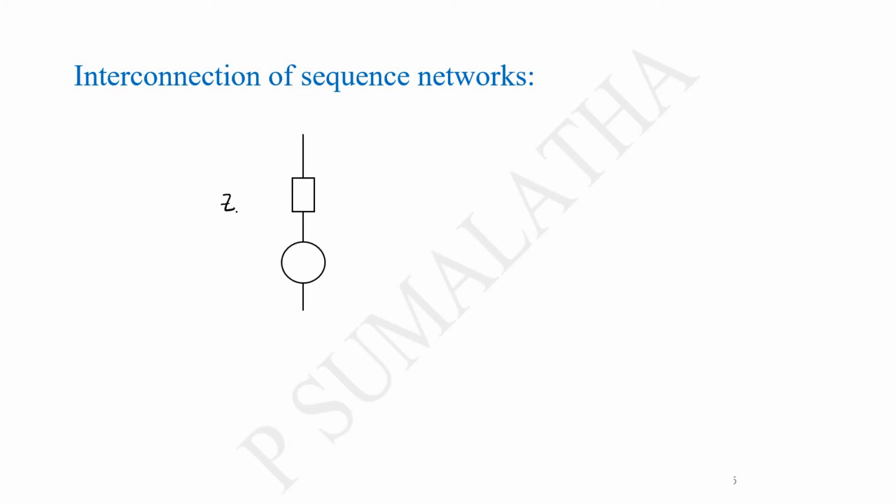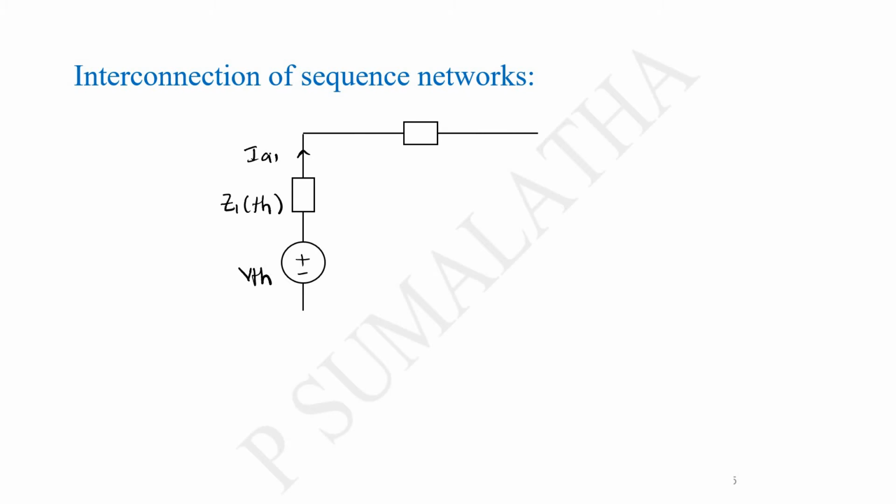So here it is Z1 Thevenin. So that you should remember, it is not only the positive sequence component of a particular component, it is the Thevenin's equivalent of the positive sequence network. And this is the Thevenin's voltage V Thevenin of the positive sequence network, and this is the current IA1. Now let us take the negative sequence network.